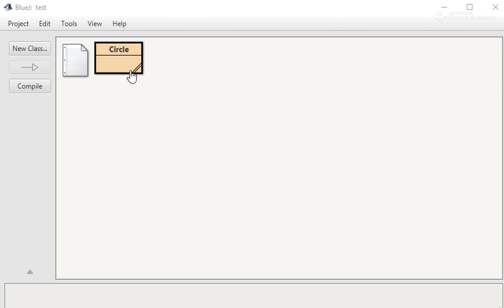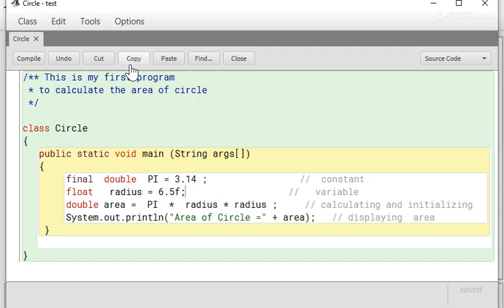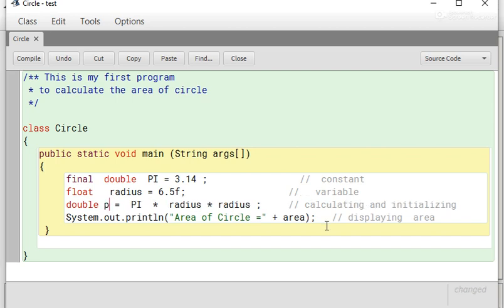Suppose you want to change this program to find the circumference or perimeter of your circle. Just double click on this program and change the formula or input. To find perimeter, the formula of perimeter is 2 pi r, so there is also need of pi and radius. We just change the formula, make the variable perimeter, suppose p, and write 2 pi r in this way, 2 into pi into radius.